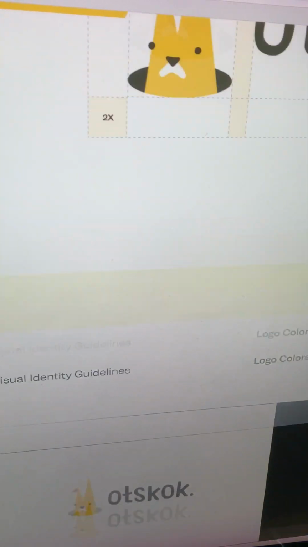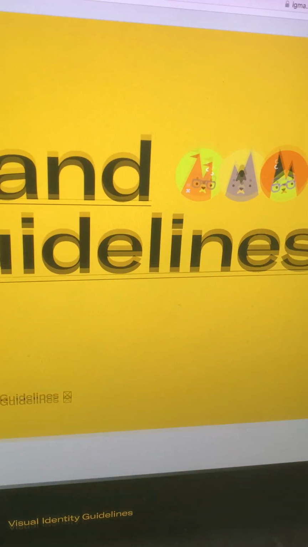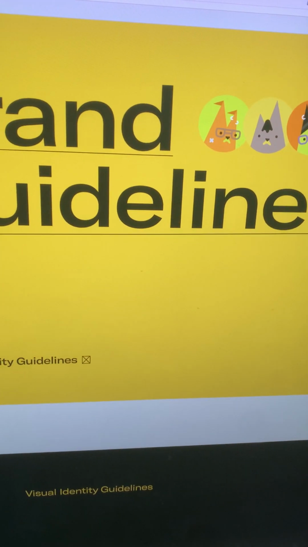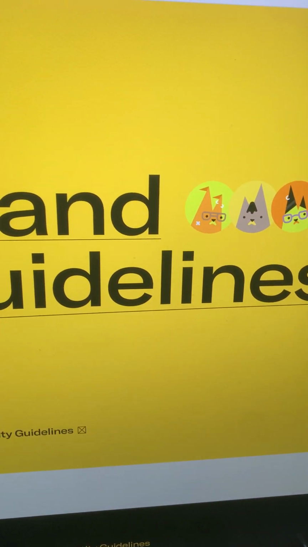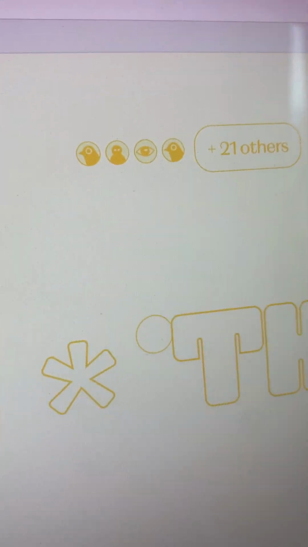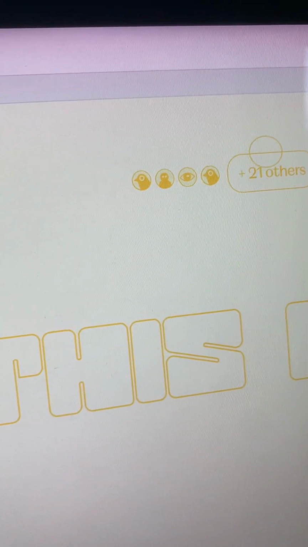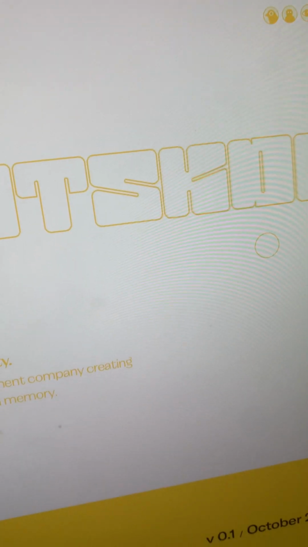I wish I could see, if I was hiring him as a graphic designer to create brand guidelines or an identity, how he got here with these illustrations, maybe a sketch on paper and a couple other ideas that didn't make it to this branding exercise. I would want to see that. And again, I don't know exactly what he's saying with this. I think he's saying that there's like 20 people viewing this website, but I think it's a little bit confusing and misleading